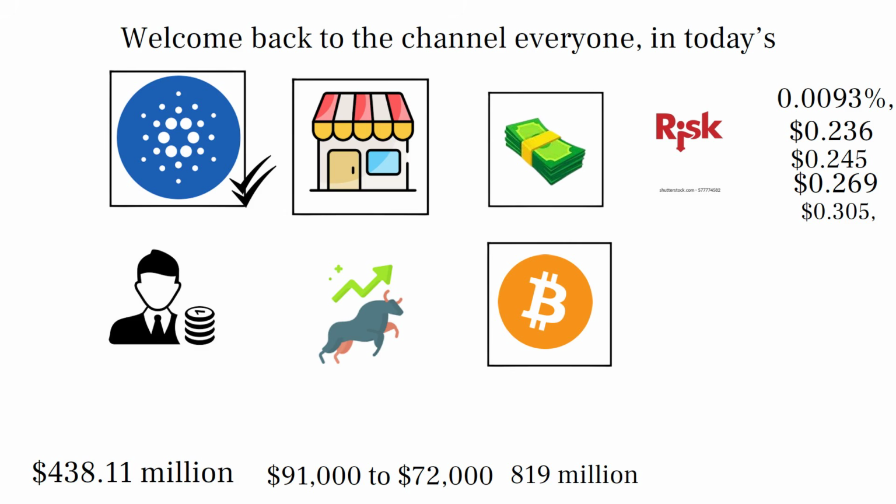Another important factor to consider is correlation, because ADA currently has a very high correlation with Bitcoin, above 0.85 during sharp drawdowns, which means that when Bitcoin drops, Cardano tends to follow almost equally. And this makes it difficult for ADA to recover independently. And currently, the price around 25 cents represents a massive decline of about 72% from its all-time high, which shows how much pressure the asset has been under.